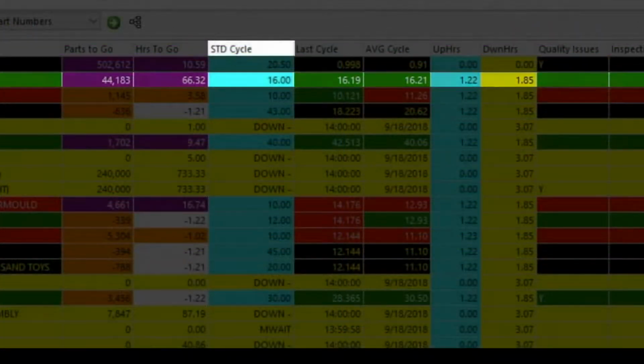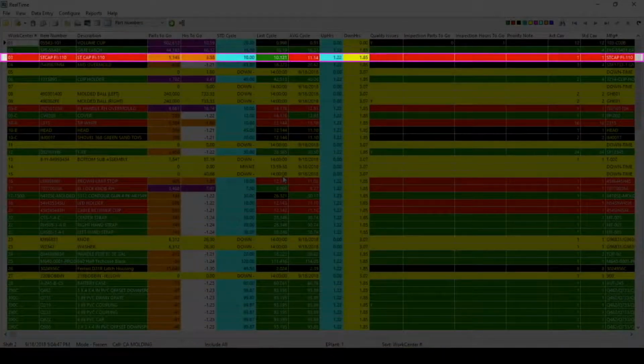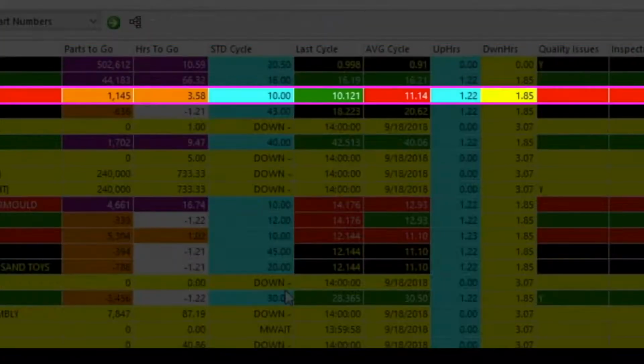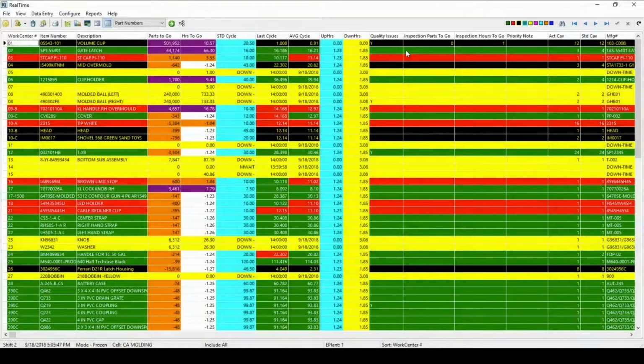Here we see a standard cycle of 16 seconds with an average cycle of 16.21, which is well within range. The third work center is red, indicating that work center is running slower than what is expected, 10 seconds versus 11.14. User-defined parameters allow the system to use desired figures that the system will then use to determine how well